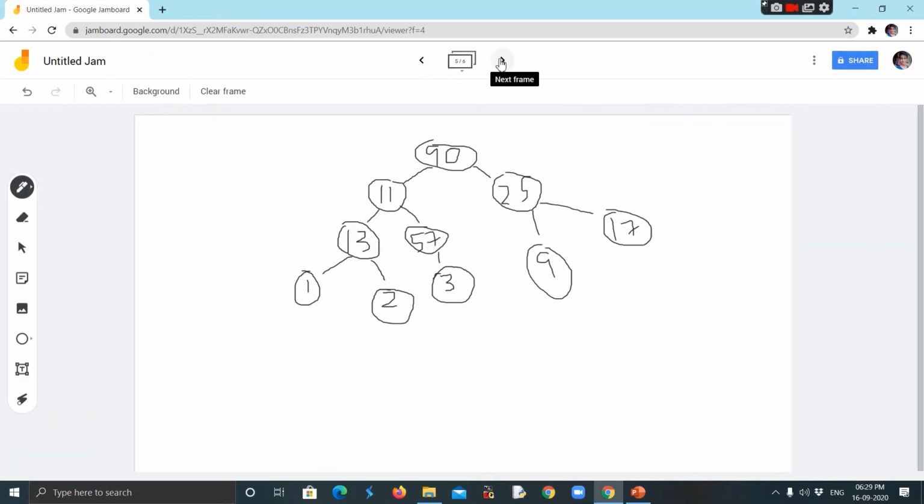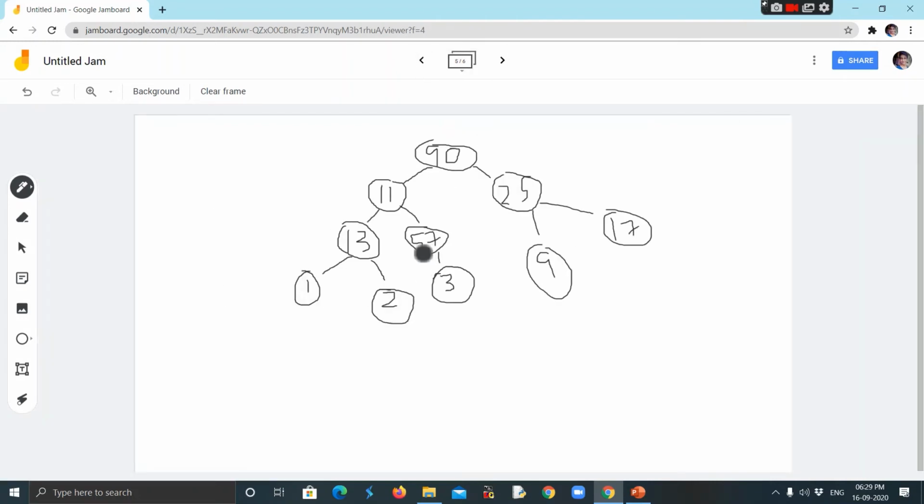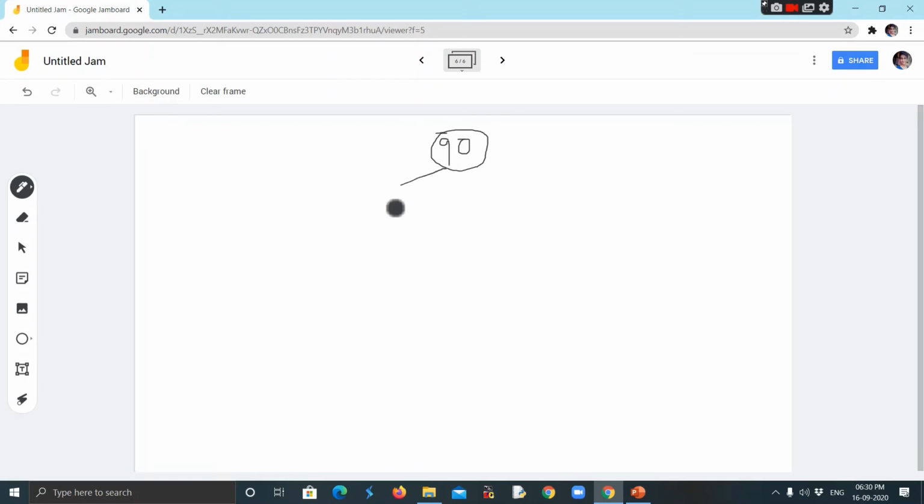So once again I'll be writing the tree, that is 90 over here. So 90, then we'll be replacing it. Among 57, 11, 13, which is the highest value? 57, of course. So 57 will be taking the position. So we have here 57, then 11 takes the place of 57, then we have 13 over here, then we have 1 over here, 2 over here, 3 over here.